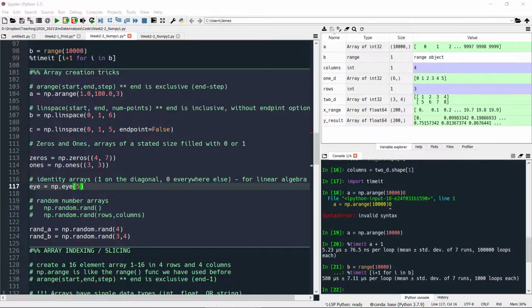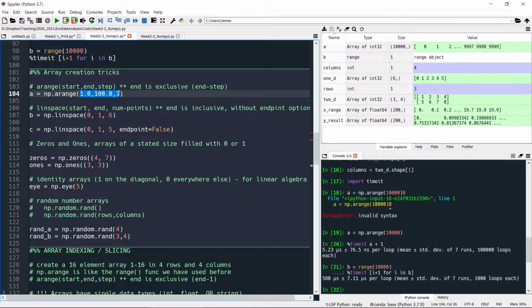NumPy has functions for that. The first one is what we call the arange function. So np.arange, and the inputs that this needs in its parentheses are basically the start value,